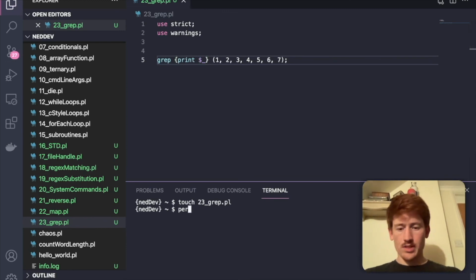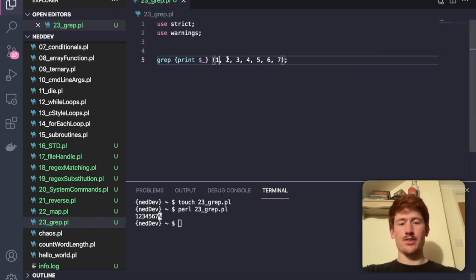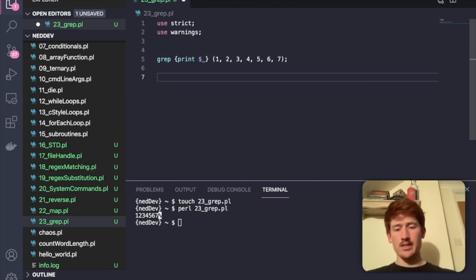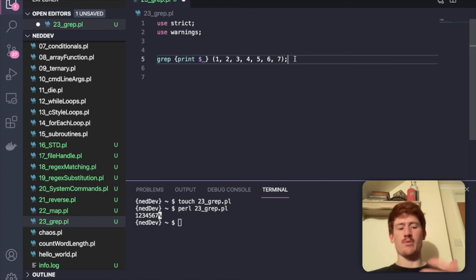So let's run this. So Perl 23. And there we go. All the numbers from 1 to 7 that are in this list. Now we've done this basic example and you can see how it iterates through this list and prints out the built-in variable. What we'll do is create a list and make this do something a bit